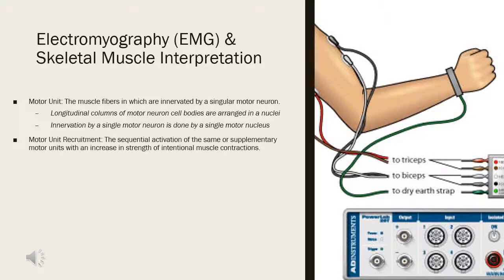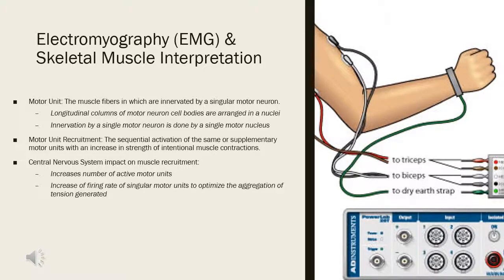Another component you would need to understand is motor unit recruitment, and this is the sequential activation of the same or supplementary motor units with an increase in strength of intentional or voluntary muscle contractions. The central nervous system has an impact on muscle recruitment. It increases the number of active motor neurons. It also increases the firing rate of a singular motor unit to optimize the aggregation or the summation of tension